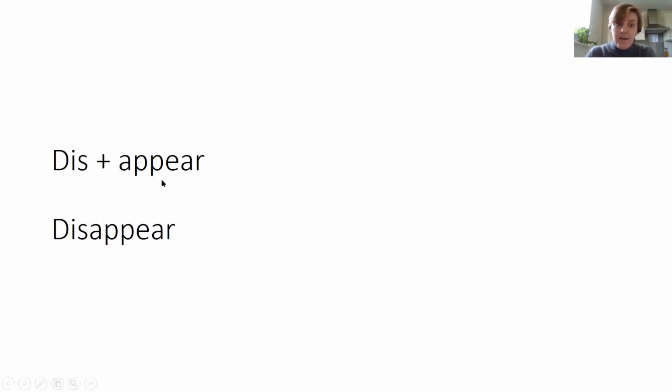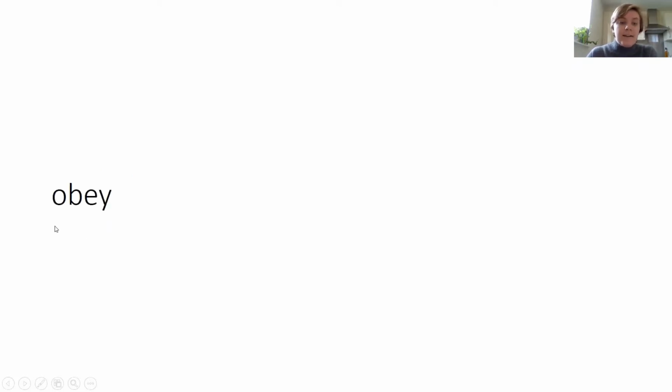We might appear. So something might appear in front of you. And if we add the dis prefix to it, it disappears. It's gone. Notice, because it's quite easy to forget which to double here, appear has a double P in it, and we don't have the double S because we're just adding the dis to the appear. So it's not a double S, it's a double P. Okay, and then we have